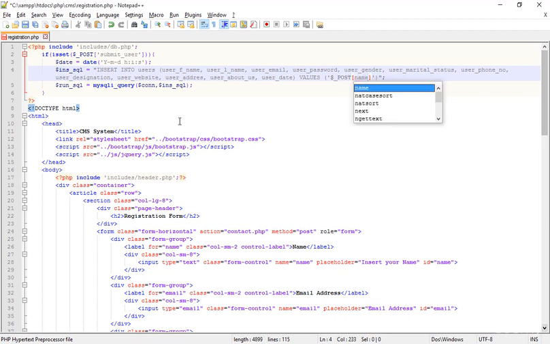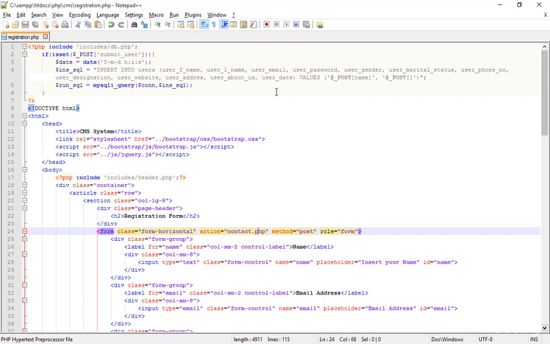name. Okay, got the name. Okay, and then the comma and press space, and then the dollar and post. Okay, I mentioned the method as post, so that is why I'm receiving all of the data in the post way. So here I'm typing the email. Okay, and then I'm adding a comma again, and then two more single quotes, and the post,